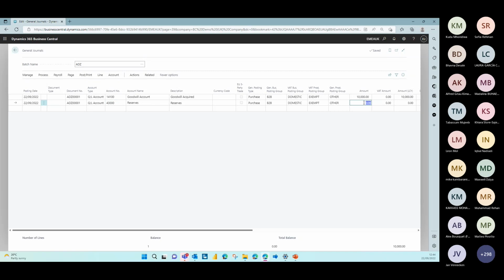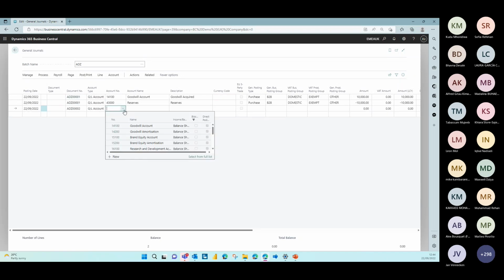And if it is a credit, I'll put a minus to show credit. Wrong. Minus. Too many zeros now. Notice this VAT is 0. Obviously, because they're to two balance sheet accounts, it should be exempt. All right. Say I want to create another one that's to